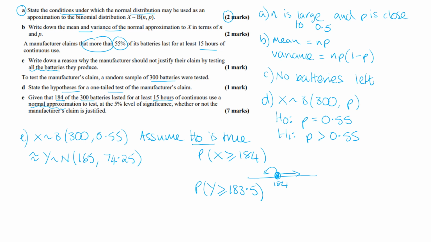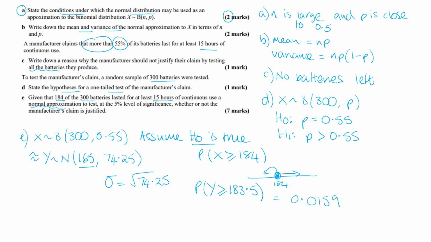So now all we need to do is find that probability on our calculators. In your calculator, put 183.5 as your lower limit, put an arbitrary large number, I always put 10,000, as your upper limit, and then you put in your mean as 165. Remember, your standard deviation has to be the square root of 74.25. If you do that on your calculator, it comes out to have a probability of